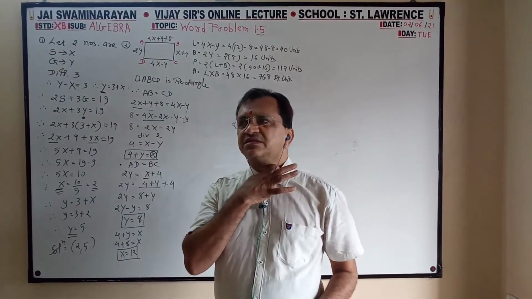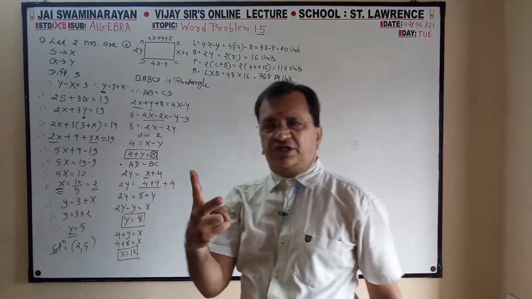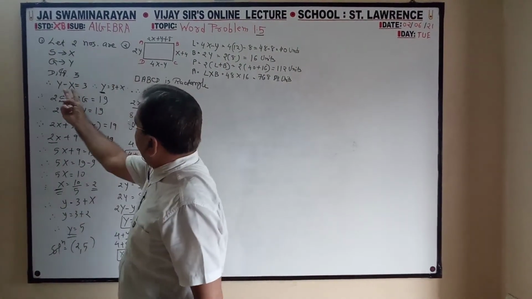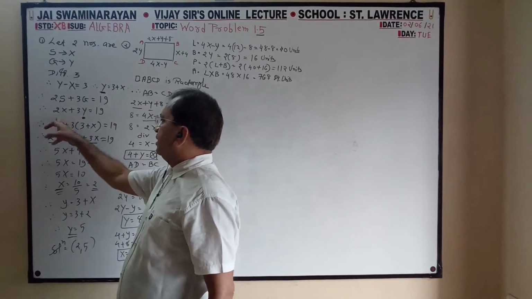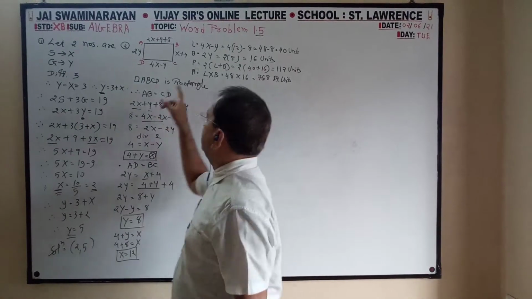So it is given in a condition form. These two are equal, these two are equal. 2 conditions given. Here 1 condition given. The difference is this, and 2 times of this, 3 times of this is equal to this. Total is given. So 2 conditions. Here also 2 conditions.